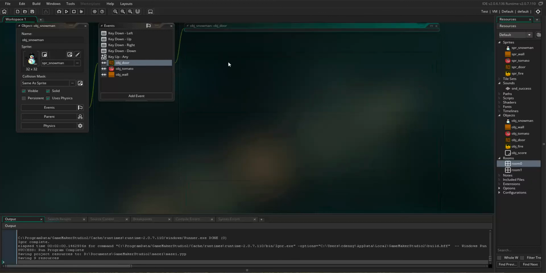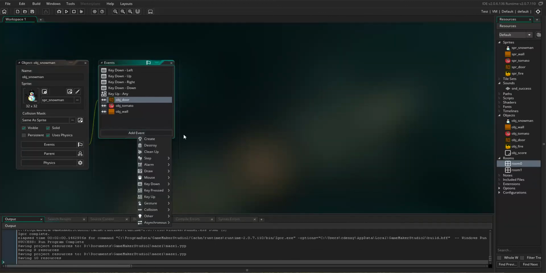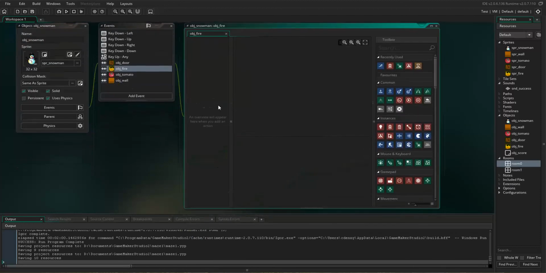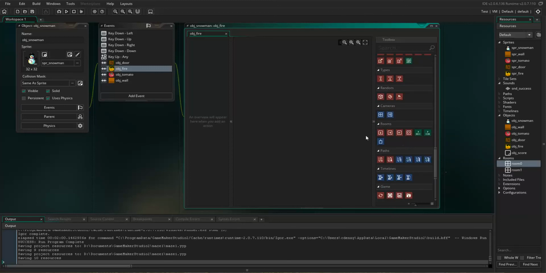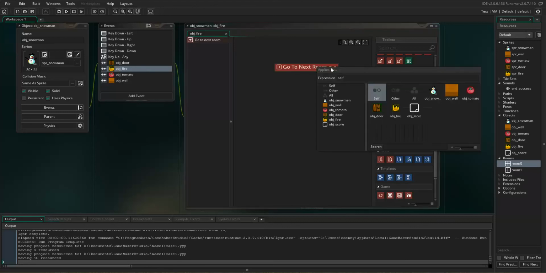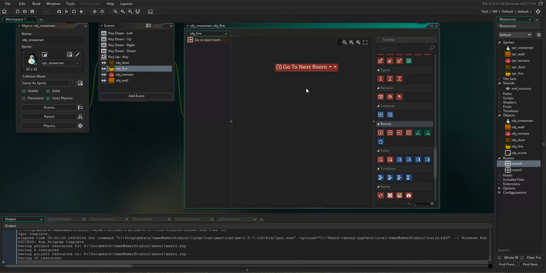So we've done that. The second thing we need to do is add an event of a collision with the fire. Now, what do we want to happen? We want it to go to the next room. That's what we want. So if we scroll down here to rooms, there we go. We come through here and this one, go to the next room. Well, that's what we want. And we want it to be the snowman, which is what we're dealing with anyway, the self. Okay, and that should take us